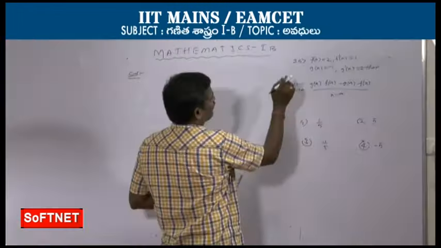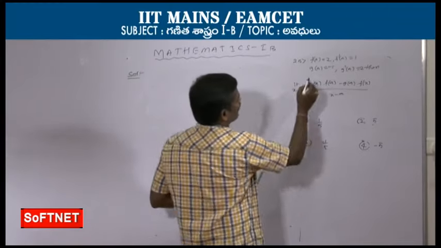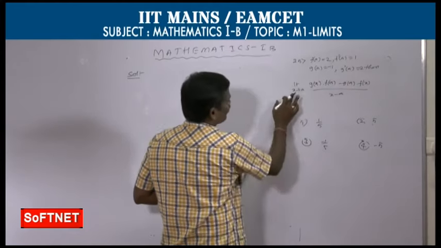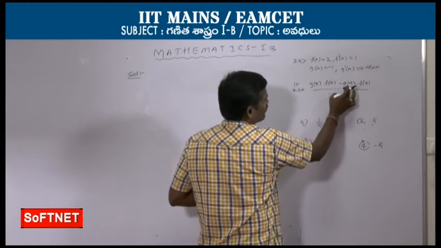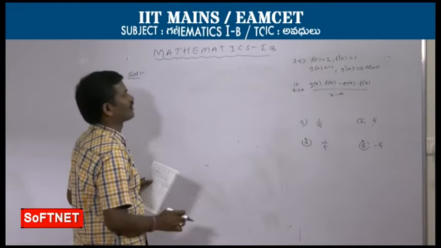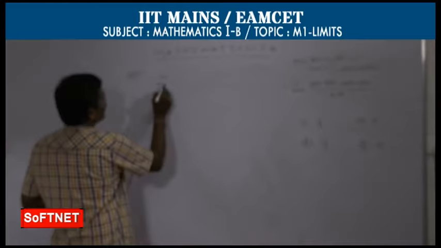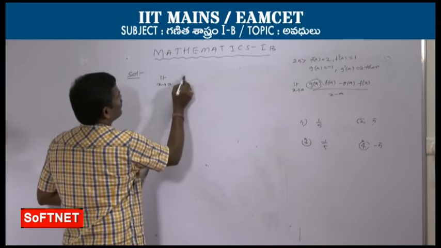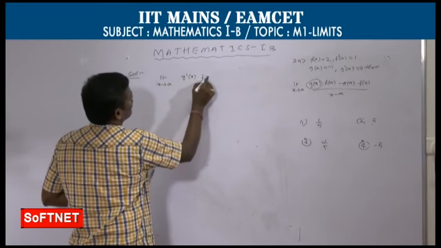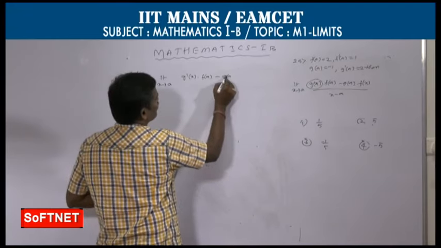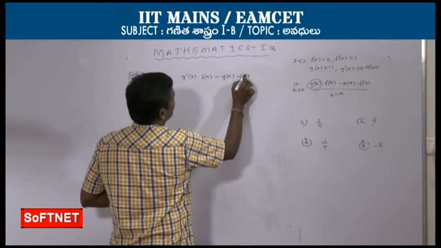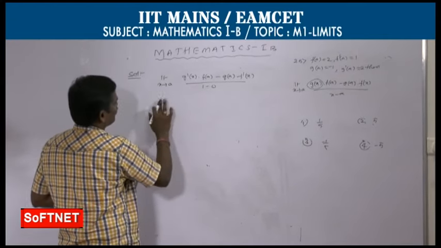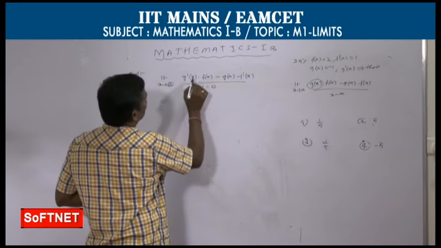First option correct. 25th question: limit f of a is 2 given and f dash of a is 1, g of a is minus 1 and g dash of a equals 2 given. Limit x tends to a, g of x into f of a minus g of a into f of x by x minus a. This question we can do by L'Hospital rule. Limit x tends to a. Here only one function is there, that function derivative is what? g dash of x into f of a is as it is, minus g of a is a constant, and f of x derivative is f dash of x, by derivative of x is 1, derivative of minus a is what? 0. So limit x tends to a, value substituted in place of x.